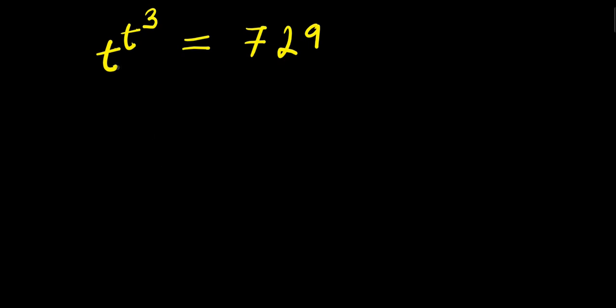Hello, how to solve t power 3 equals 7 to 9 (t³ = 7²⁹)? We are solving for all values of t that satisfy this equation. Now let's start with this particular method. I can have it this way and say let